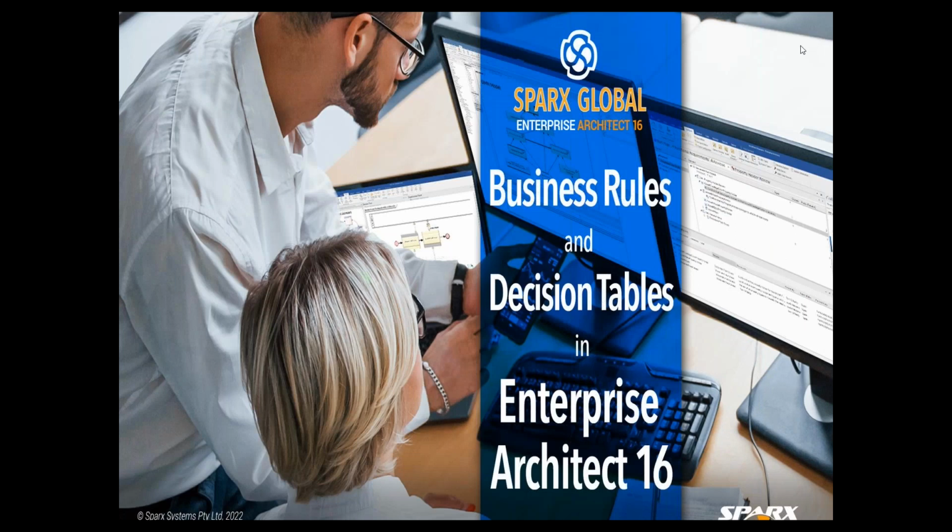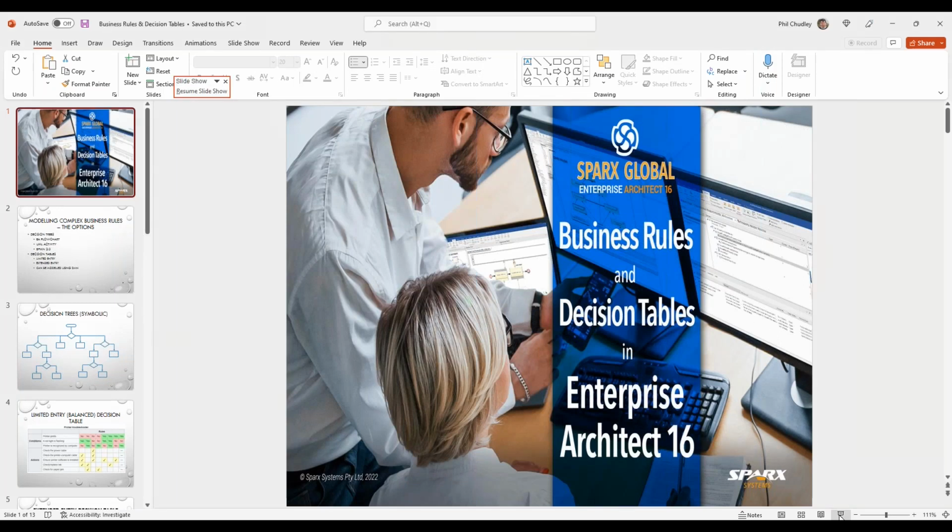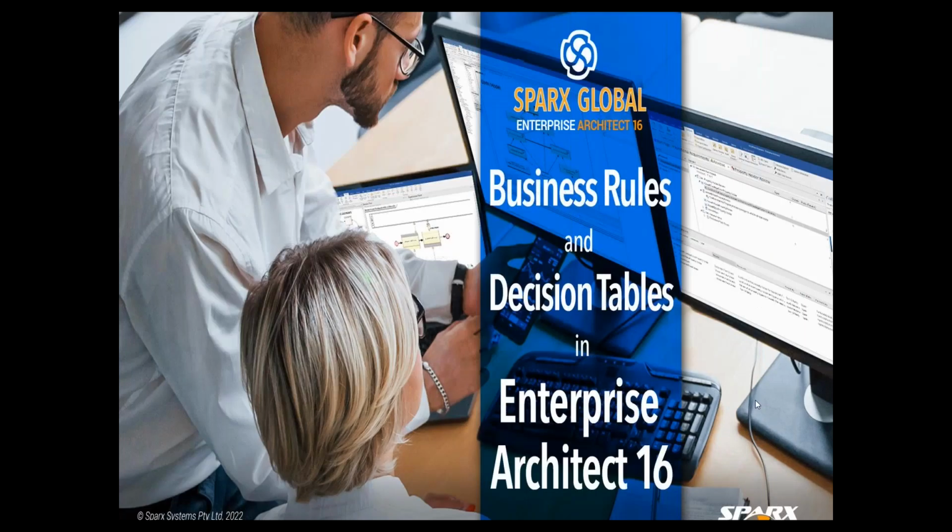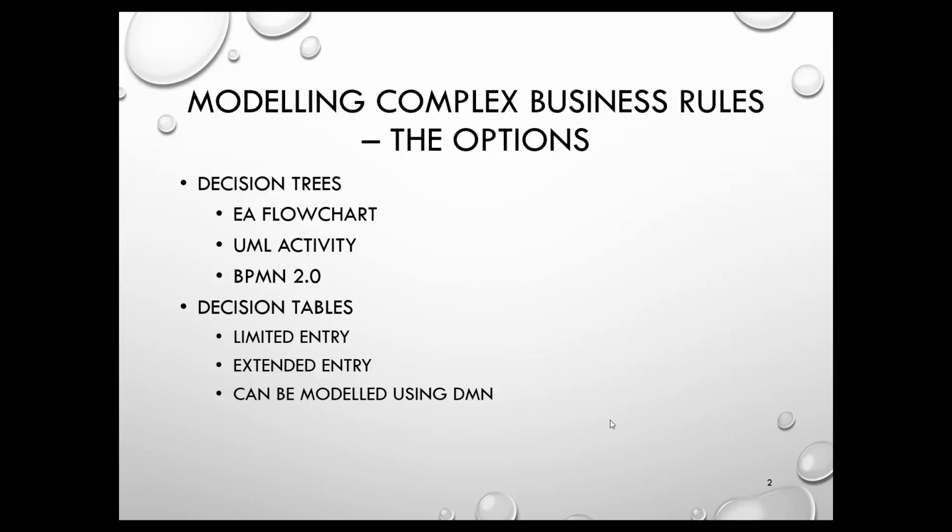Okay, so what we're going to do is give you an overview of business rules, decision tables, how they can be represented in Enterprise Architect 16, and generate some Java code and integrate it with some state machines. First thing, just a little bit of background about what decision tables are and why we want to use them for modeling business rules. Now, businesses throughout history have all had decisions to make, rules to follow, things to do, and these can be quite simple and they can be reasonably complicated.